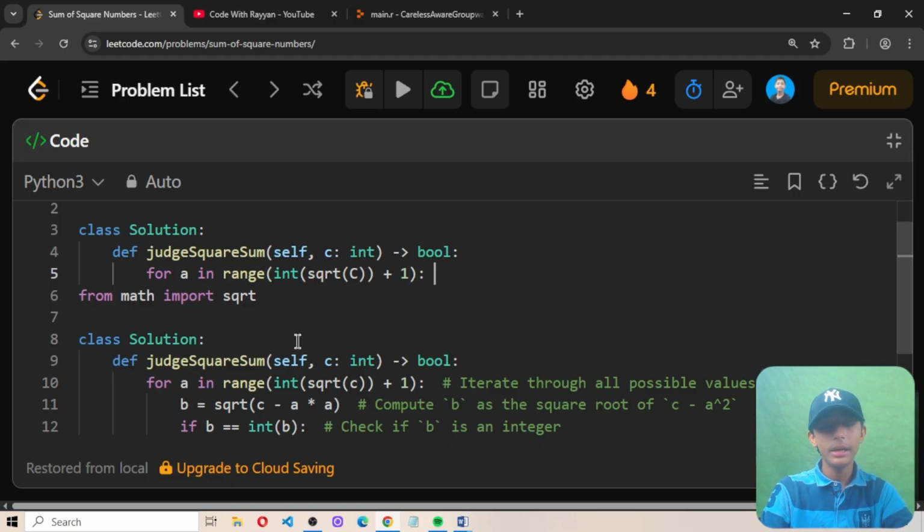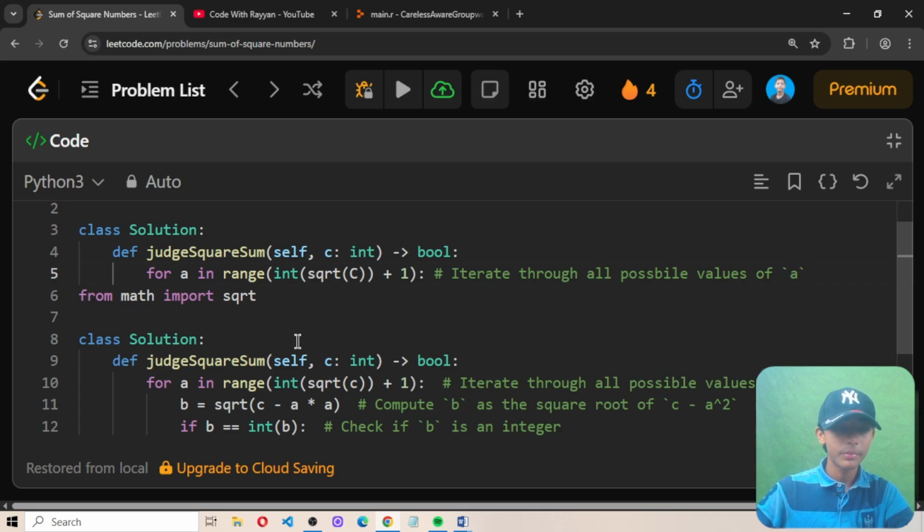So in this line here, what I do here, I iterate. Please define a comment, because comments are very helpful, it will grow your submission like 90% and 100%, like this. Okay, in this line here I iterate through all possible values of